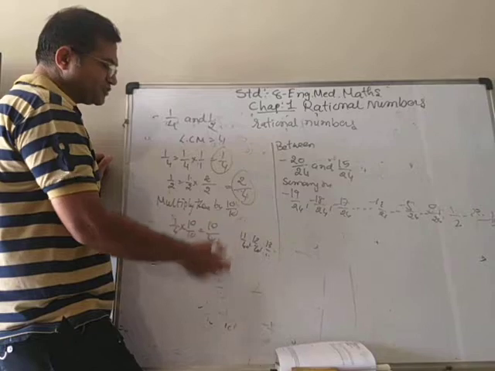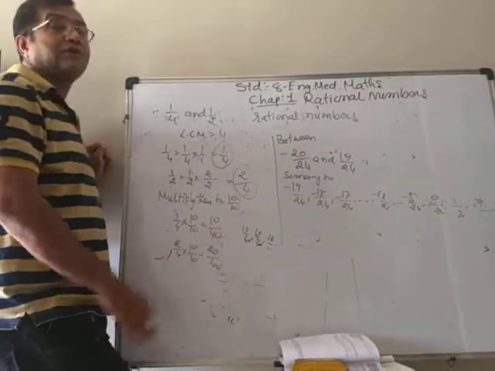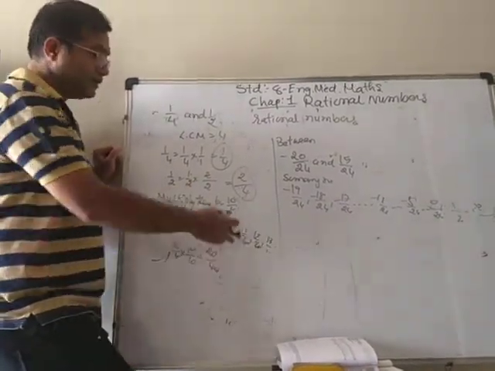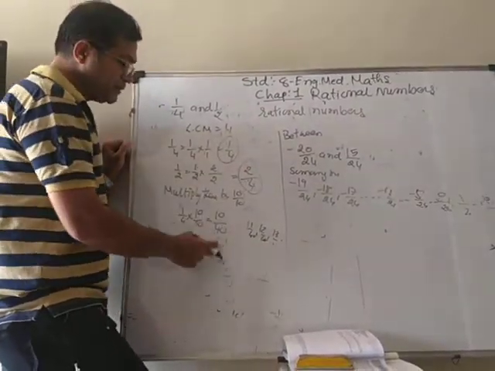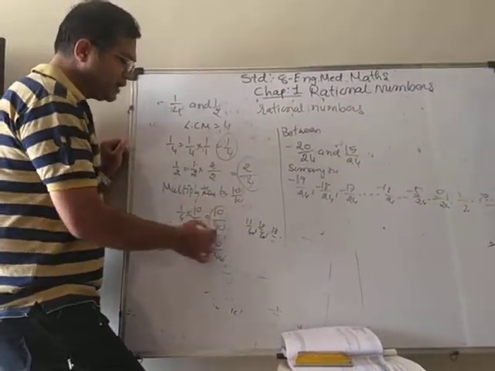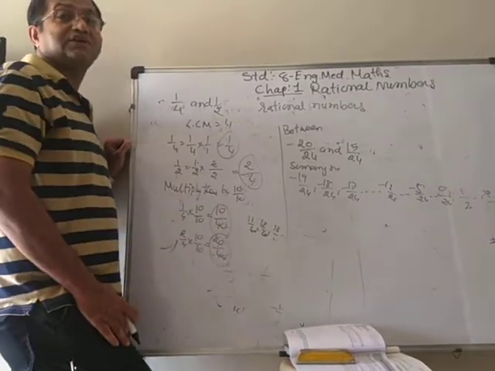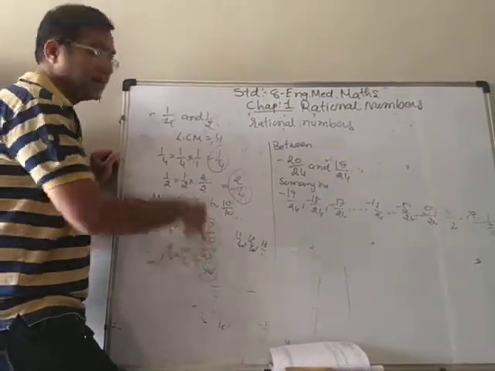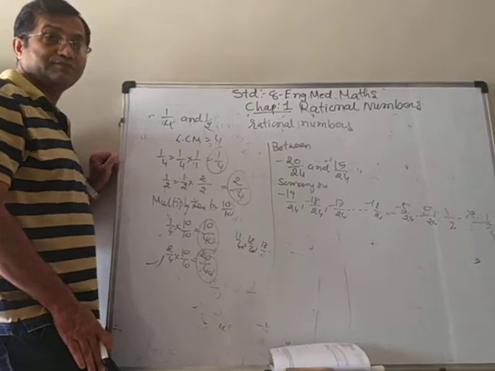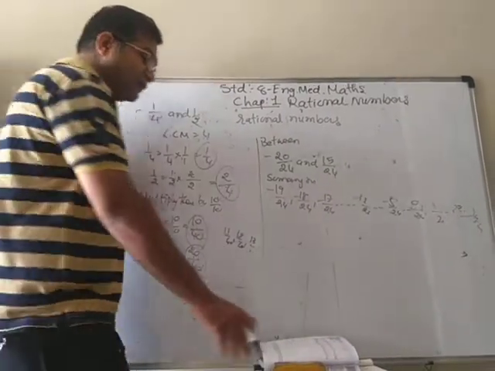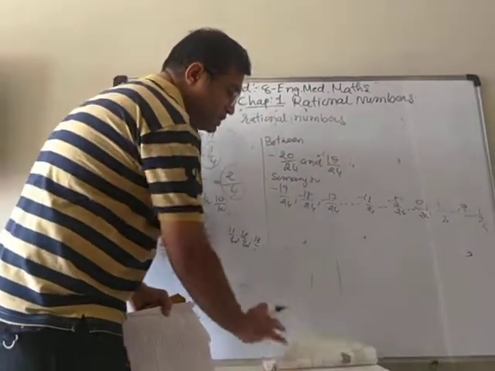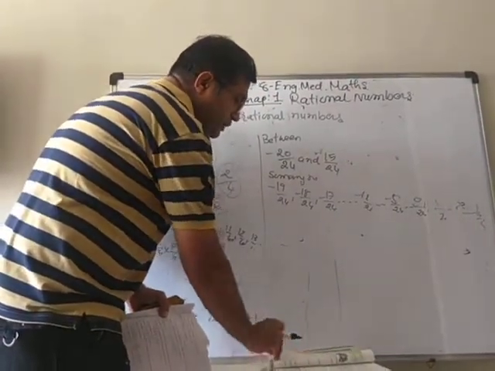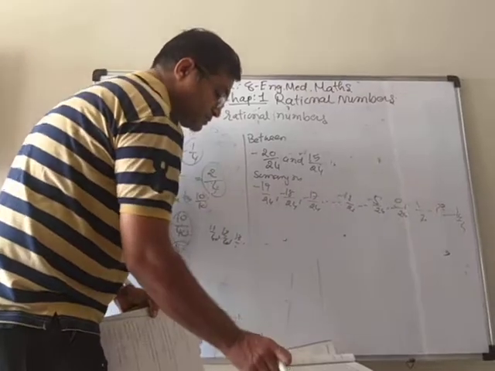From that, if they ask for 5, you can write down any 5 numbers: 11 upon 40, 13 upon 40, 15 upon 40, 16 upon 40. Between means you don't have to go out of this range. Can't go less than 10, can't go more than 20. And that is the simple way of finding rational numbers between any two given rational numbers.